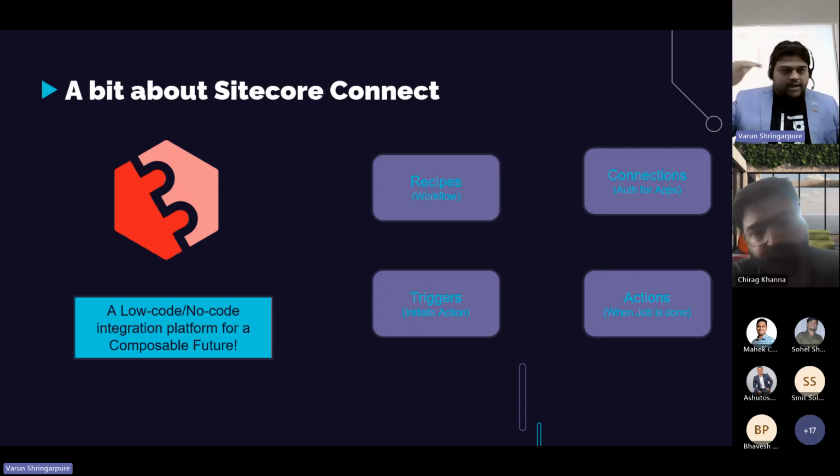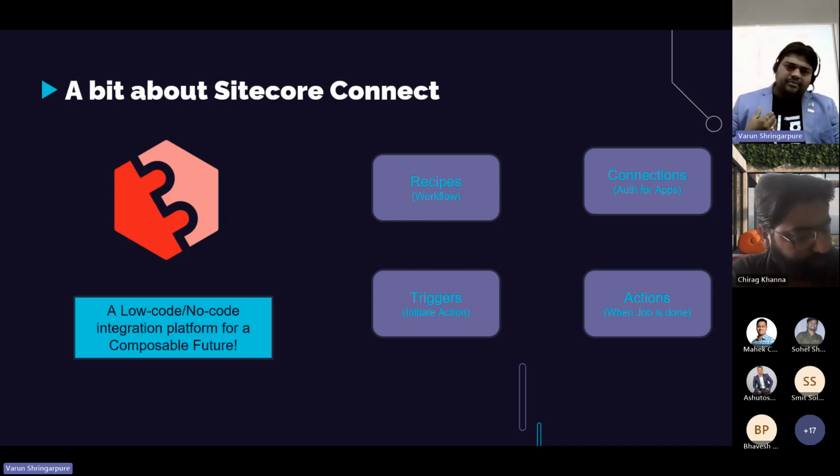You have to connect with this application, take data from here, process the data in this way, then do this. If there is an error, do this. If it is succeeding, do that. You can write a process, a workflow, as a set of steps to be executed, which is